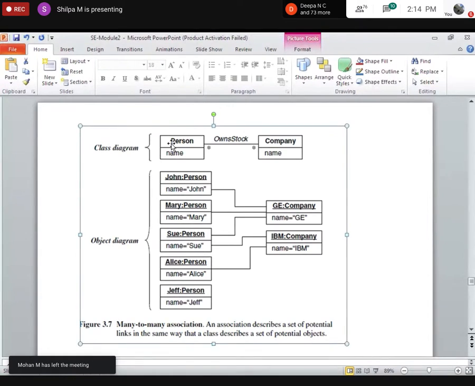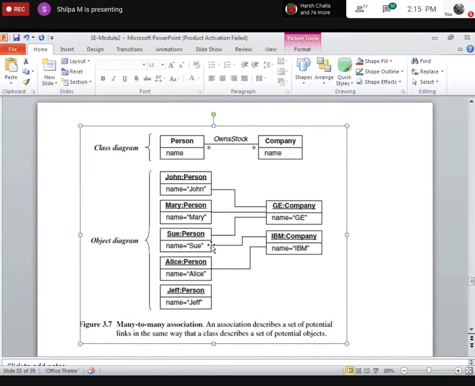See here I have person, right? Instead of that I can have student, here I can have faculty, then I can say student learns from the faculty. This is the link, and what that link gives us is the association. So owns stock is an association, or in my example learns is an association. Here you can see person is associated with a company.